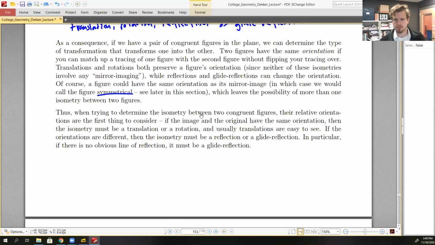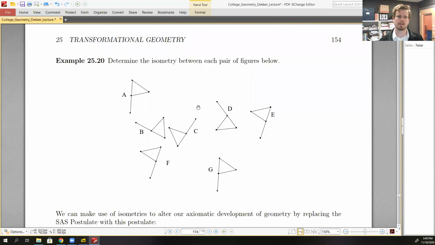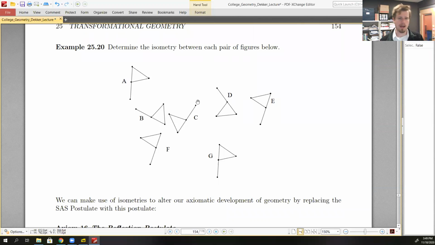All right. So we'll take a look at an example of determining how two congruent figures are related to one another. What transformation takes us from one to the other? So let's consider each pair of figures given in this example, and let's find the transformation that takes us from one to the other. Now, of course, we're not looking for the exact formula, we're just looking for the type here. So we consider two of them at a time. So if we want to consider A and B, to go from A to B or B to A,